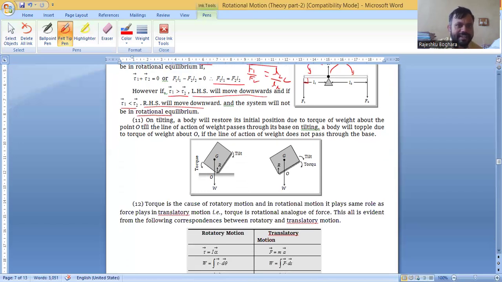On tilting, a body will restore its initial position due to the torque of its weight about the point O, as long as the line of action of the weight passes through its base. On tilting, the body will topple due to the torque of weight about O if the line of action of the weight does not pass through the base. Now here